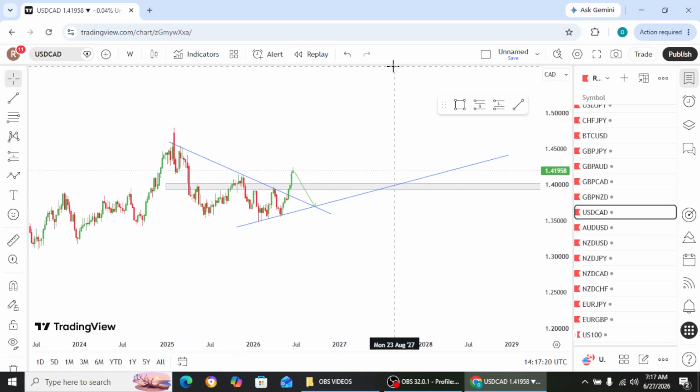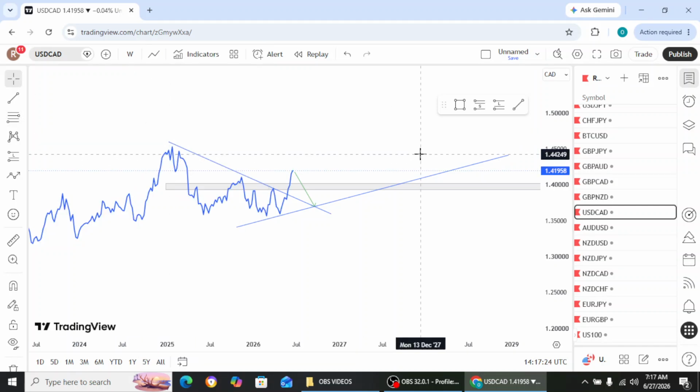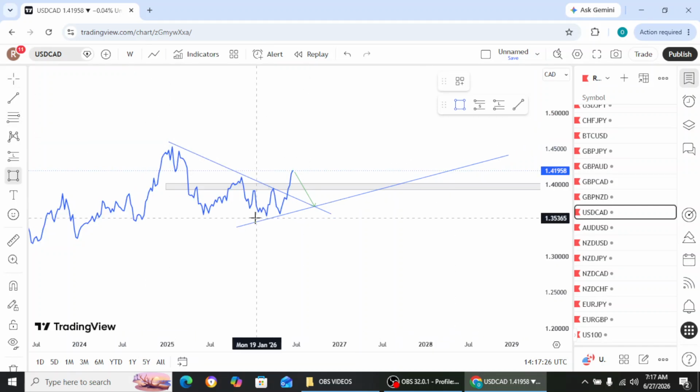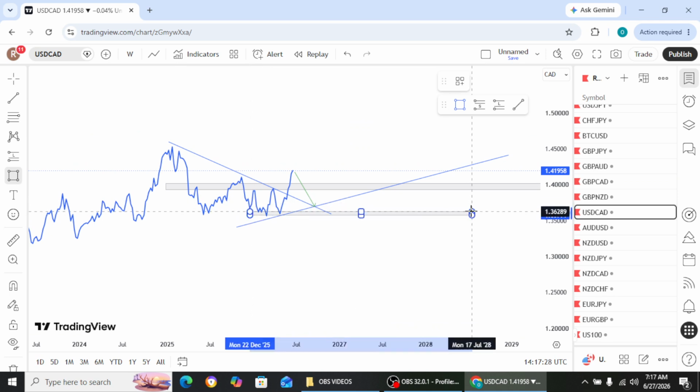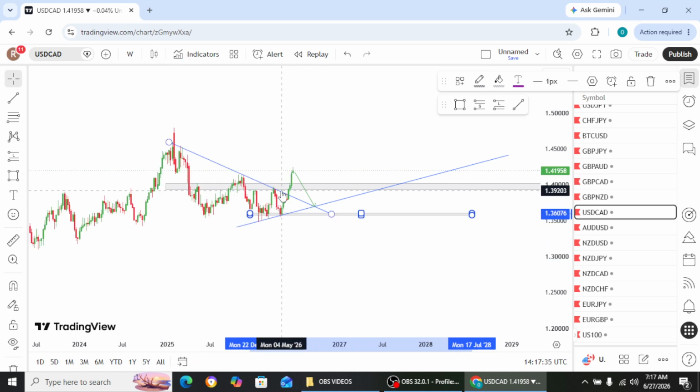The only best place to sell is if the market breaks through this level. If the market breaks through this level, that is when it is very safe to sell. Of course, for scalpers and intraday traders, you can decide to trade in between this level, but I don't